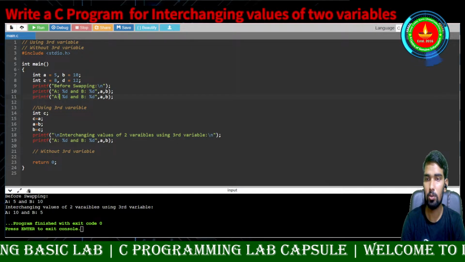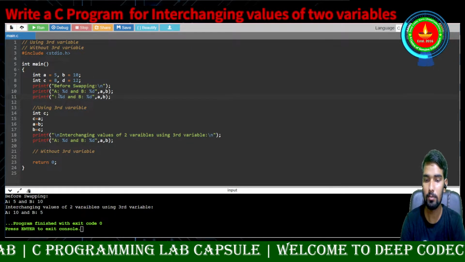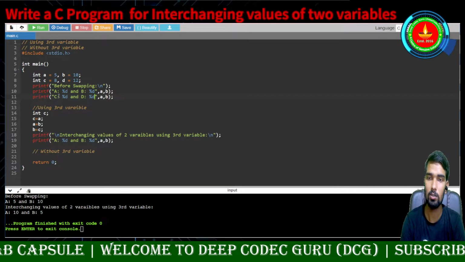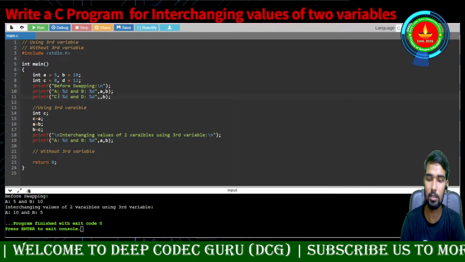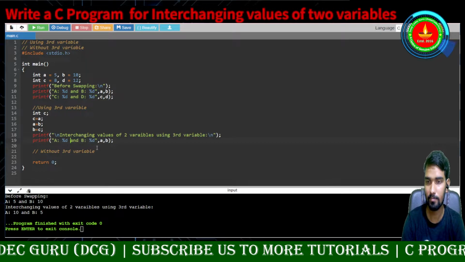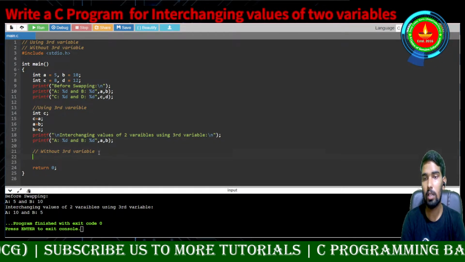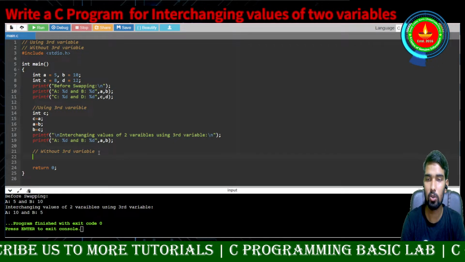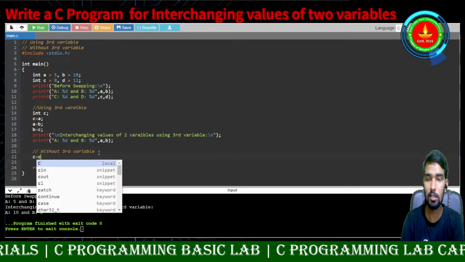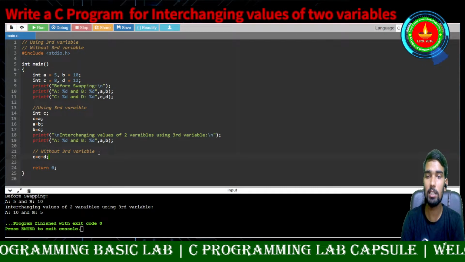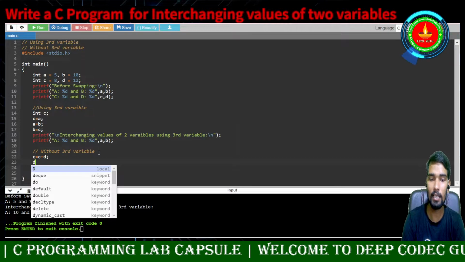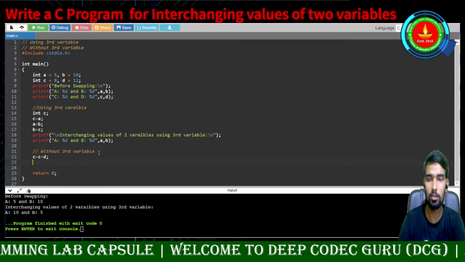Okay, so this is the C value and this will be the D value. You can write any of them, but I am writing all of this for your better understanding. Now, how can we swap using this? We can do C equal to C plus D, so it is storing the C plus D value. And now we can make D equal to something.